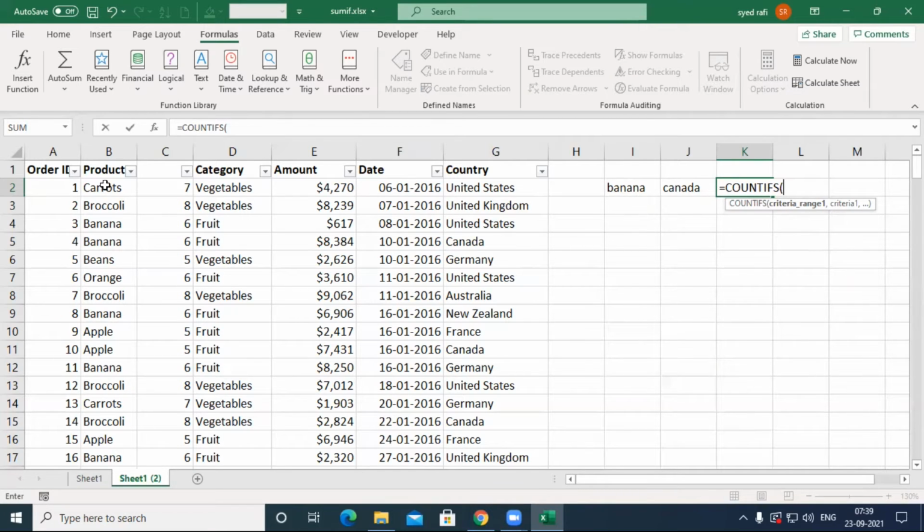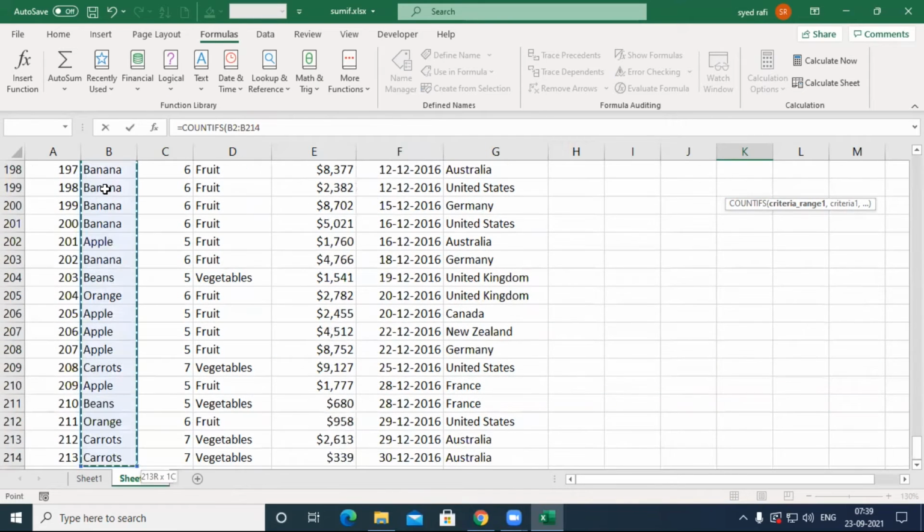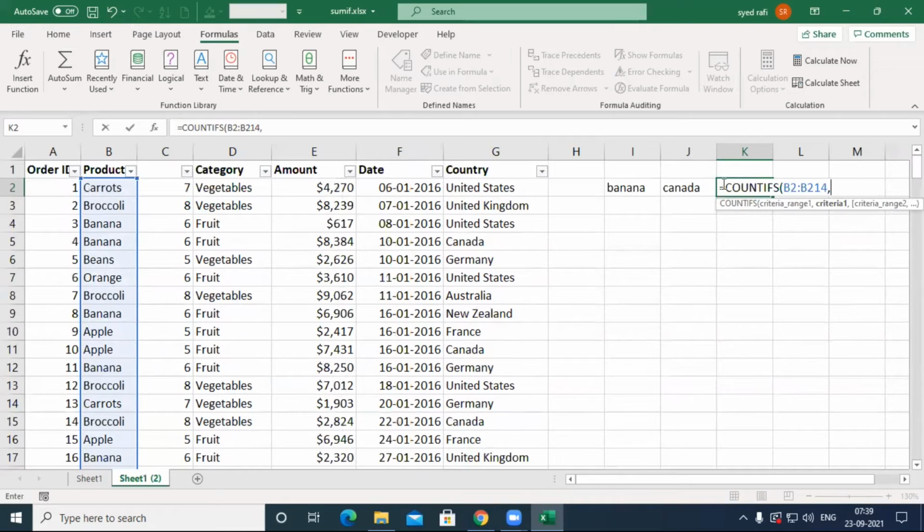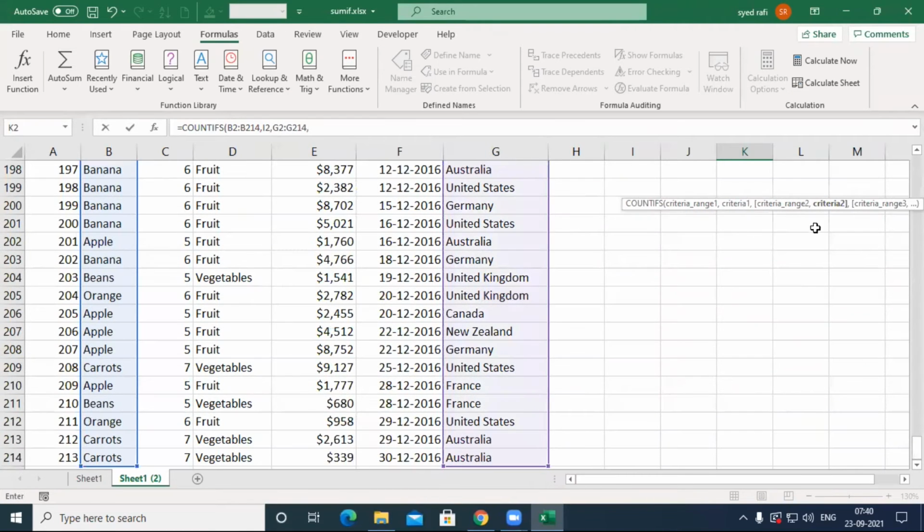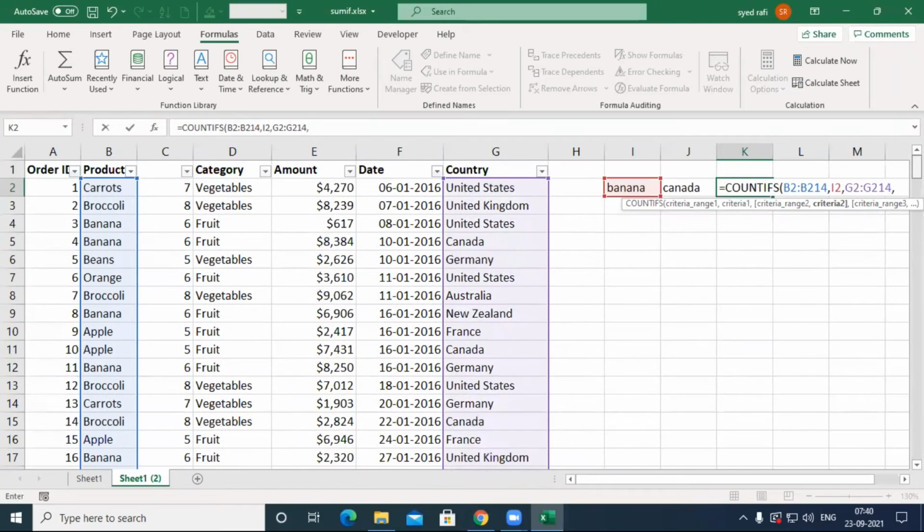The first criteria range must be this one, product, comma, and the next one is the criteria. This is criteria range 1 and this is the criteria, comma. Next, you must select the country. Click here and press Ctrl Shift Down Arrow, comma, and then select this one and press enter.